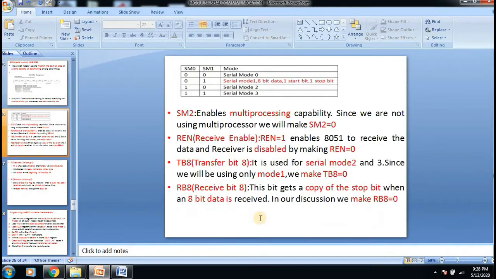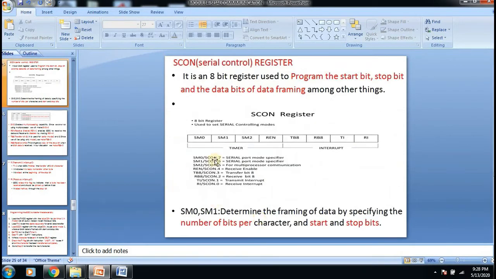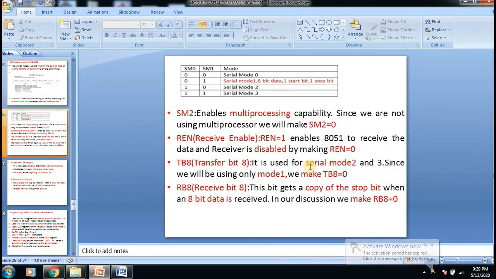Next this is unused, so we make it 0, and these two are also unused, so we make them 0. These two are variable in the process of executing, and this bit should be 1 because if it is 1 it enables the receiver, so we get 50H.